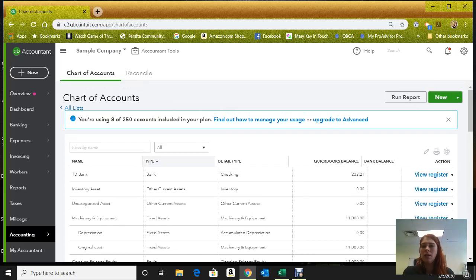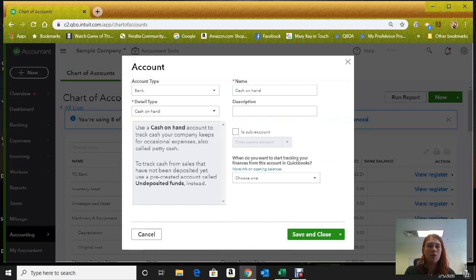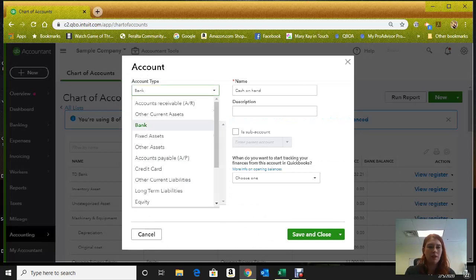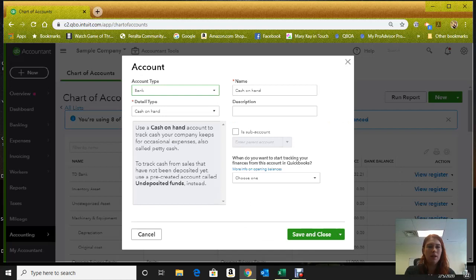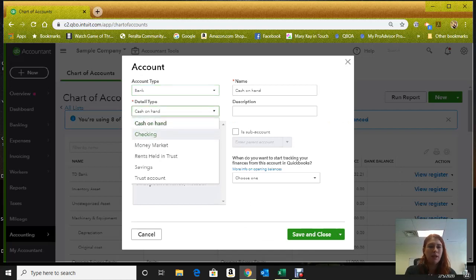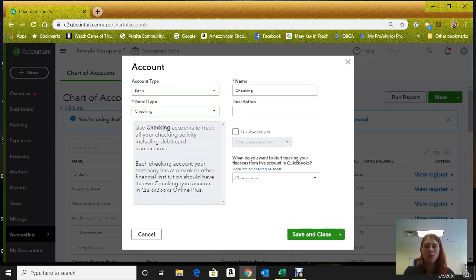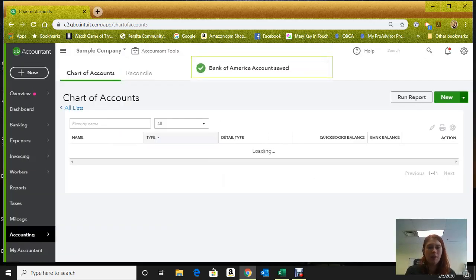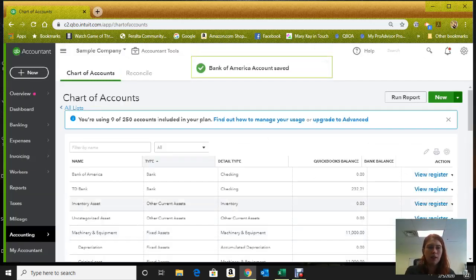One of the things you're going to need to add right away is your bank account. Go over here to new. It's going to bring up a box where you're going to choose bank. I'm just going to open this so that you see that there are other options. Your bank account is most likely a checking account where you're doing most of your business. I like to choose the bank's name. Let's say that you are using Bank of America. And you can hit save and close,